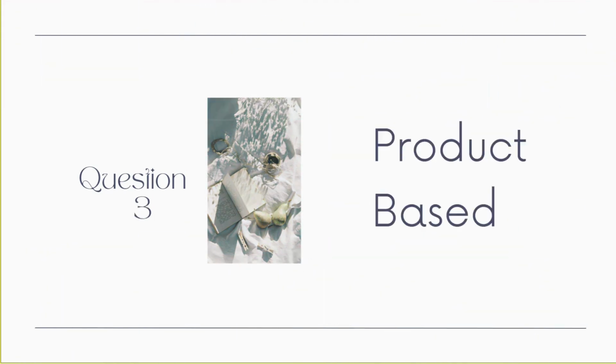The third important question is product based questions. This arises very frequently. In product based questions, first of all, this can be of 2 types. In one, they will ask you to tell them one of your favorite products that you are using, and they will ask what you think you can change in that product to make it better.